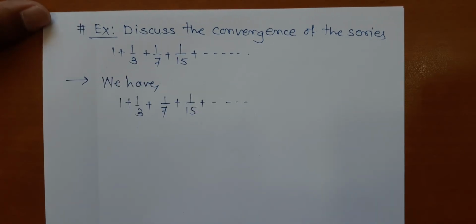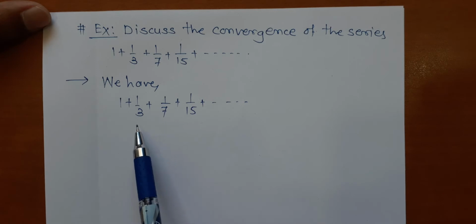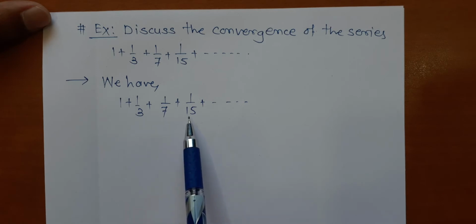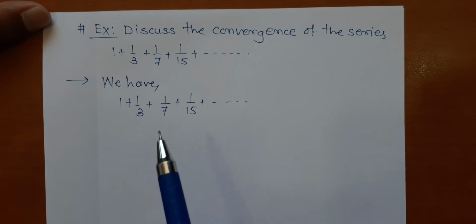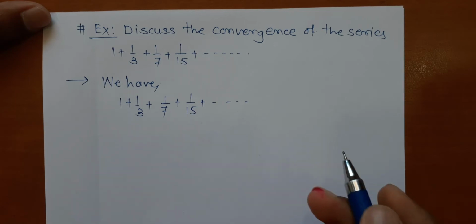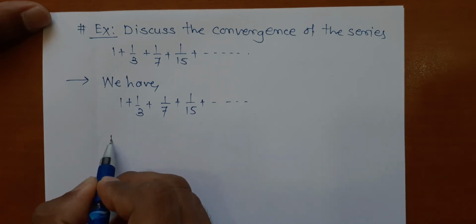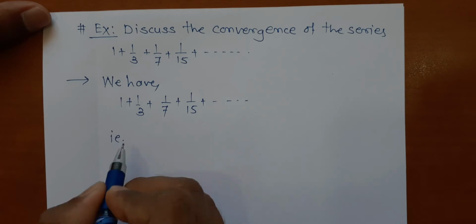We have to find the formula for it. We have to formalize it. So did you find any pattern here? 3, 7, 15. That means, like on WhatsApp also we solve, guess the next number like that. So what we do, we formulate it. That means we try to find a pattern.